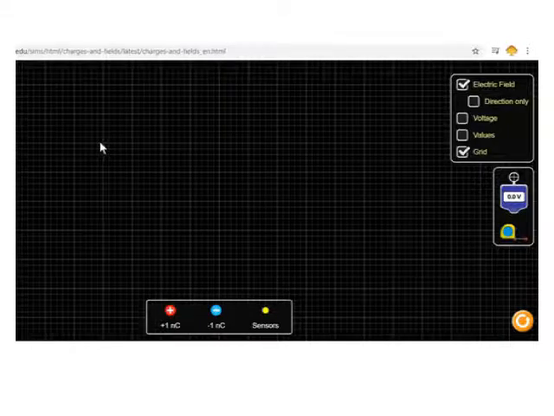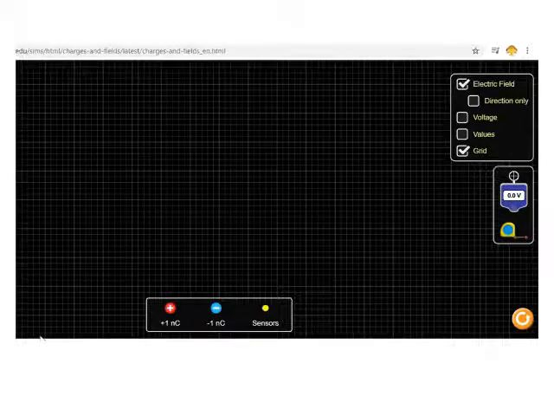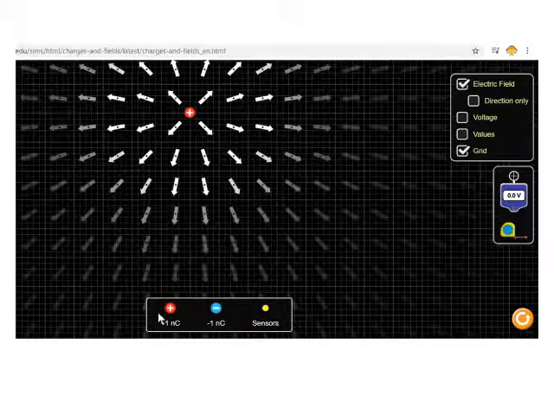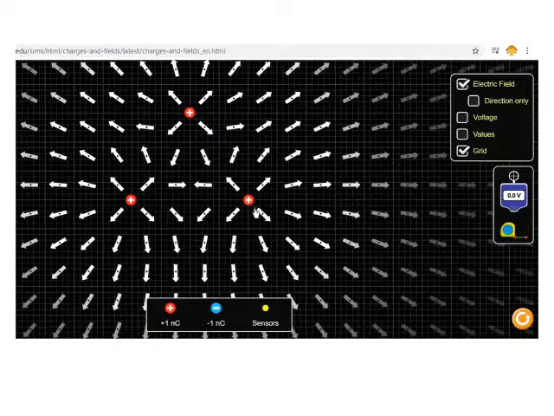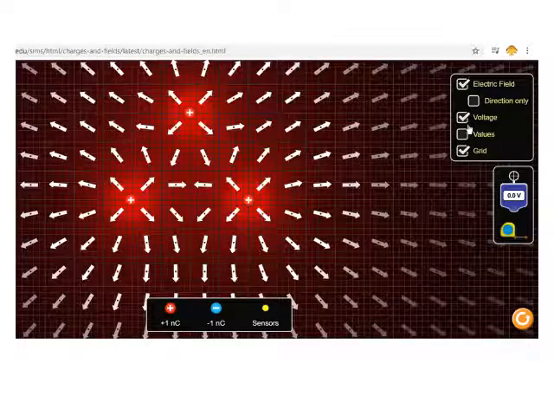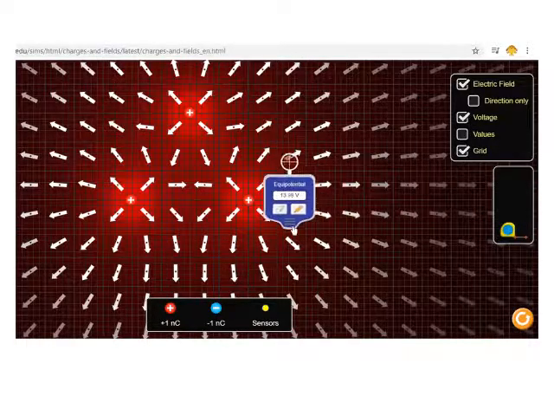So here's a screen cap of a video I did doing that exact same thing. We'll start by putting in a positive charge. Immediately the electric field lines come up. Where the lines are bright, the field is strong. Where the lines are dim, the field is weak. When I put the three charges in, it looks like the field is 0 at the middle and it's strongest